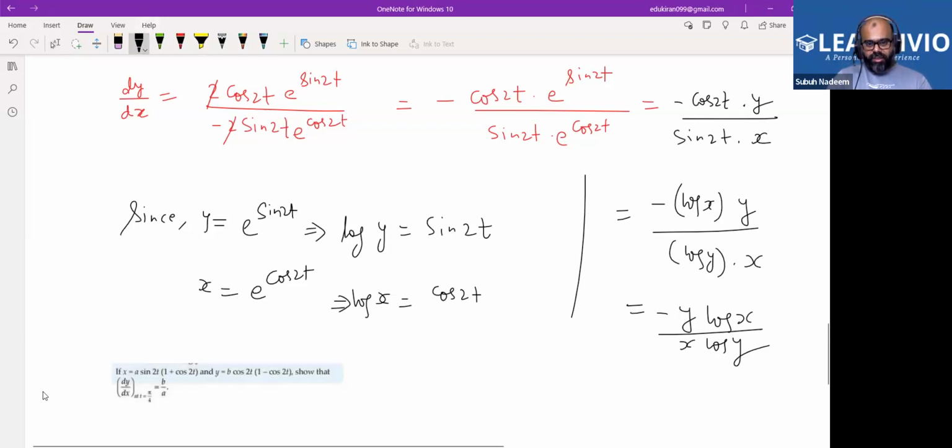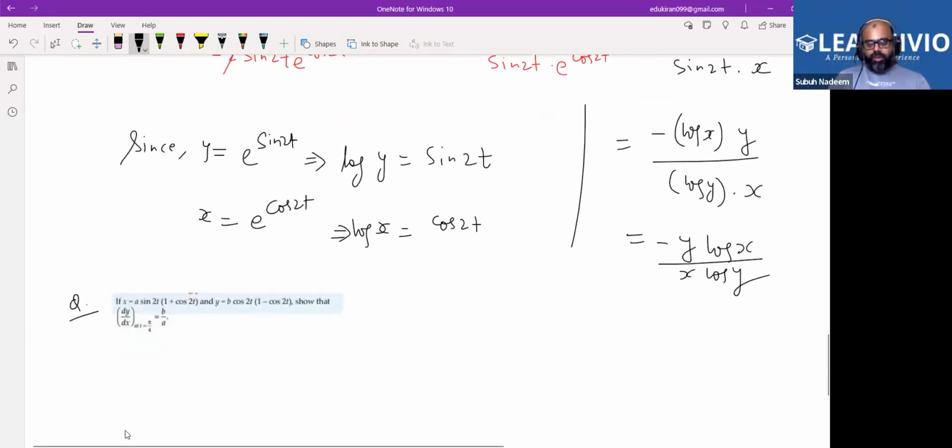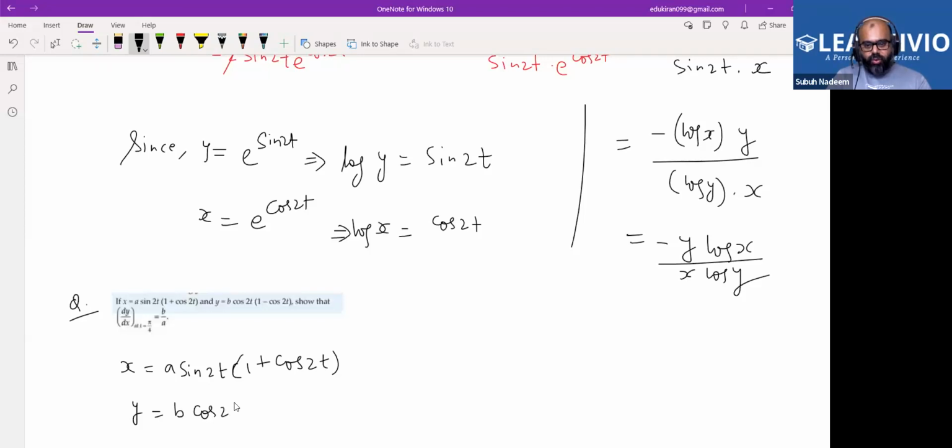And this question says, so I hope you have written till here. So this question says that x is equal to a sine 2t into 1 plus cos 2t, right? And y is equal to b cos 2t into 1 minus cos 2t. And in that situation, you have to find dy by dx